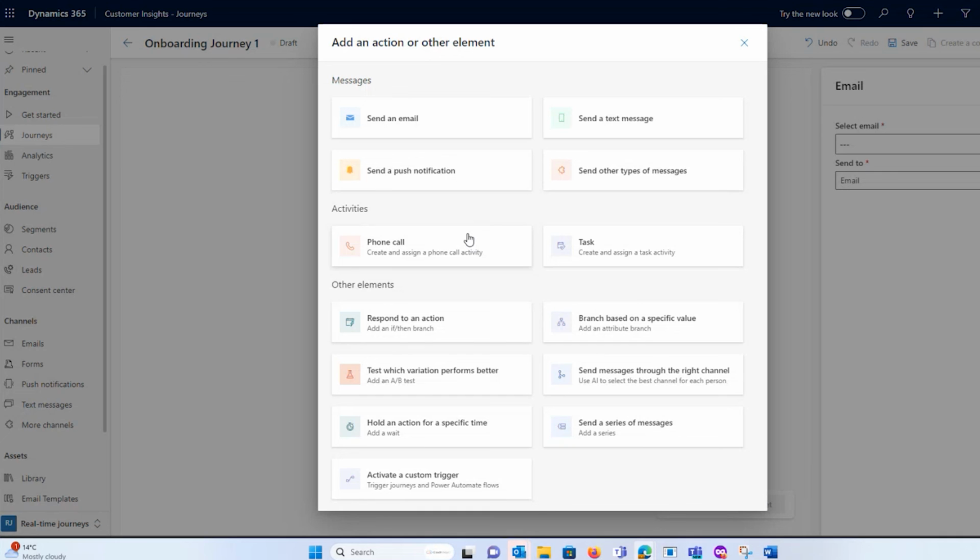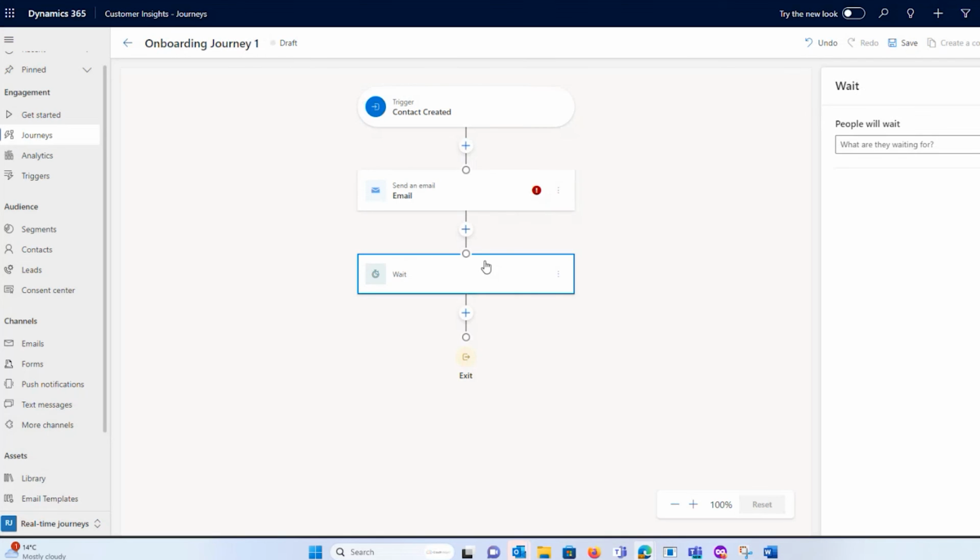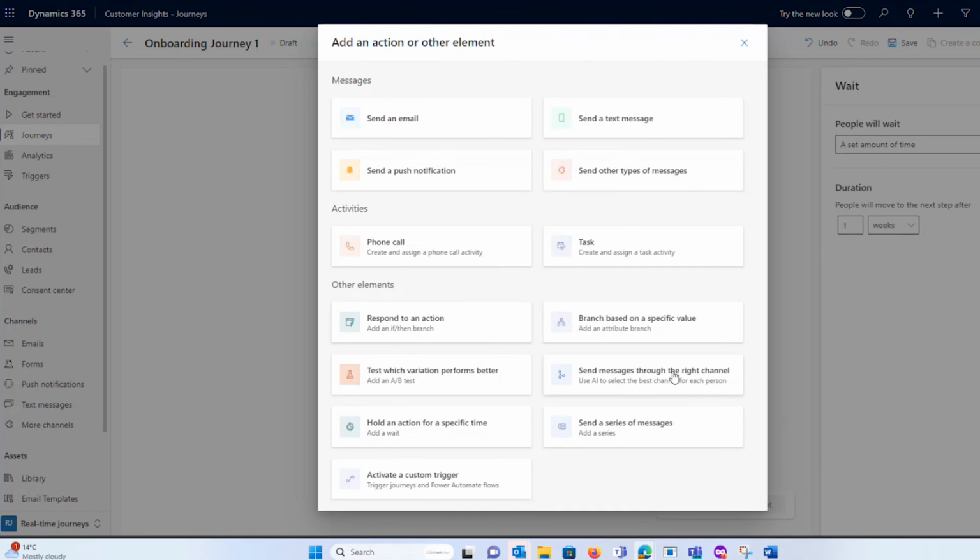Then I might actually put a wait timer in. So I could say wait for a week before you go to the next action. And I can do an if branch. So I'm going to say wait. I'm going to tell it to wait a set amount of time. And let's say we're waiting 1 week after we sent that email. Then after that, I'm going to tell it if people opened my previous email. So I can say to it,